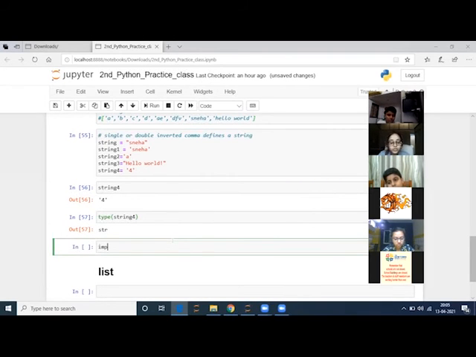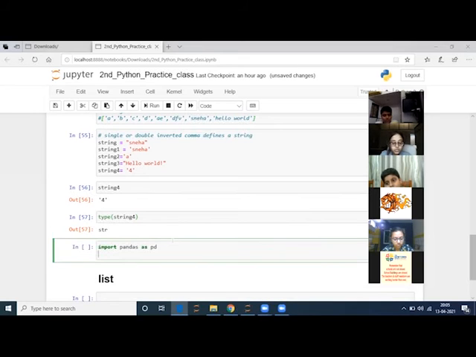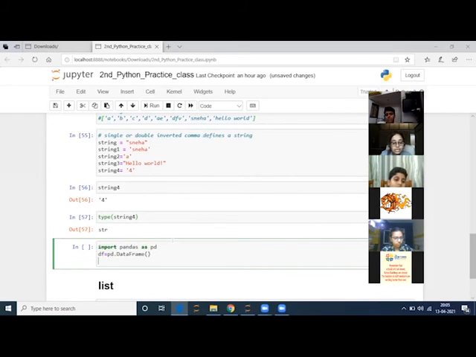Don't get confused with this, but how we will do, I'm giving that hint to Tanush. For example, I'll create a database, we can say a data frame, and I have names, okay? This will confuse you a little at first, but do not think about it. I'm just showing you how to store data, okay?